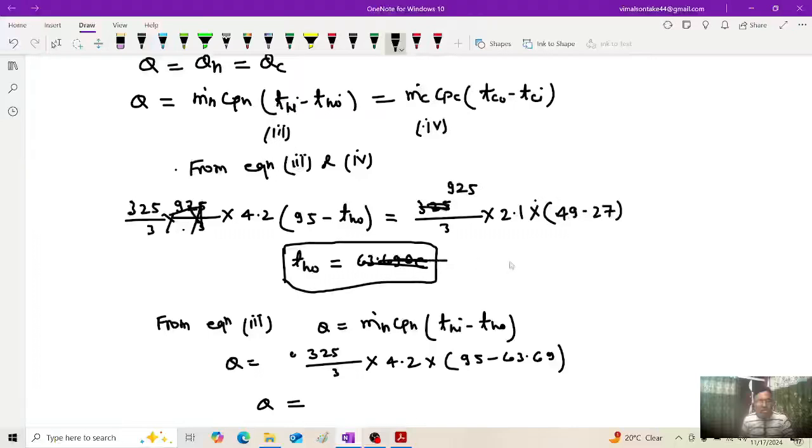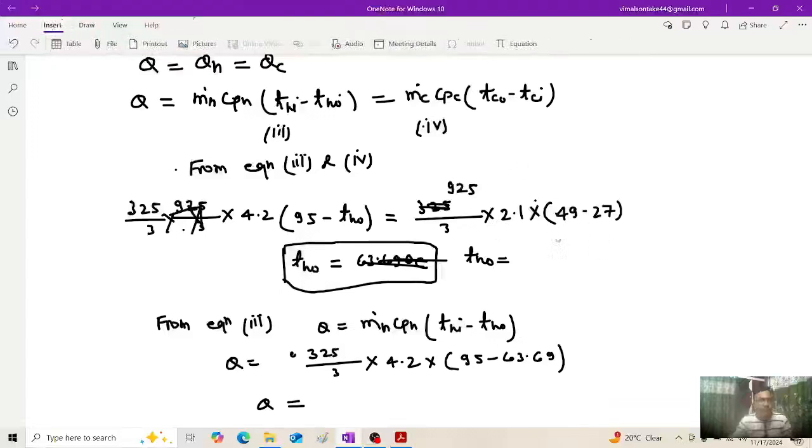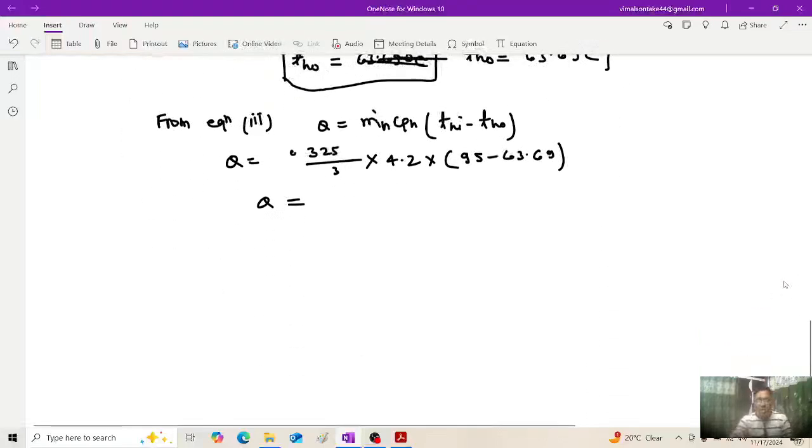So this THO will have a changed value. Okay, so still this value comes out to be 63.69 degrees Celsius, THO. So considering this,